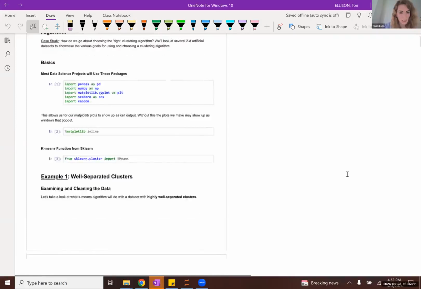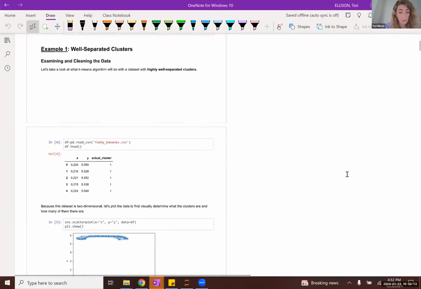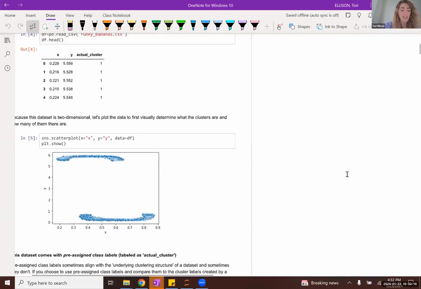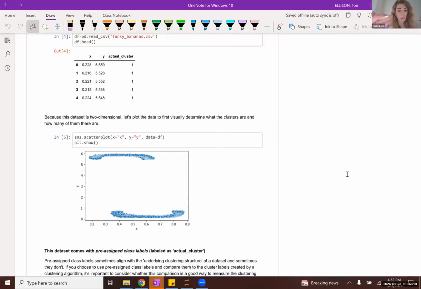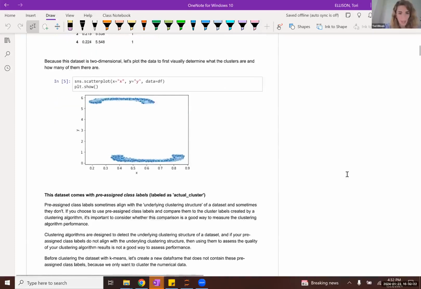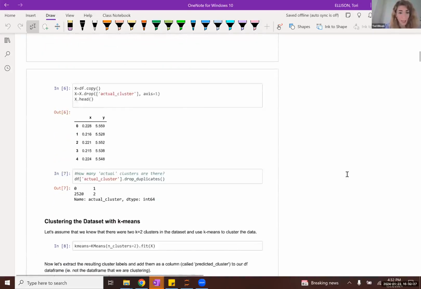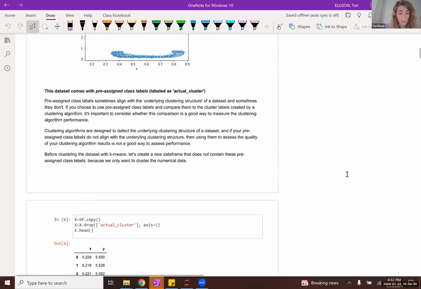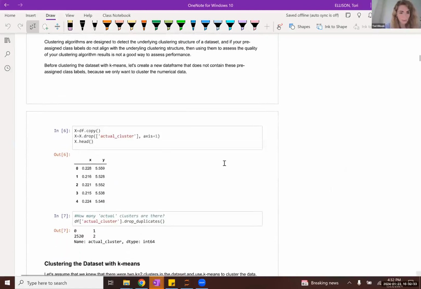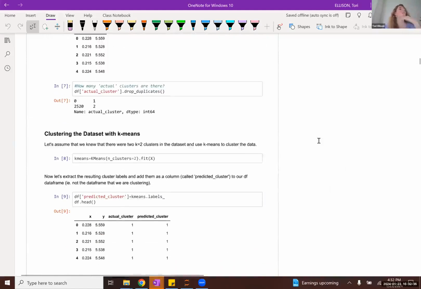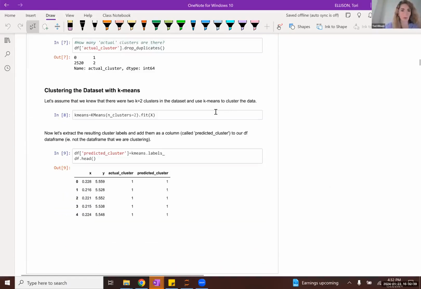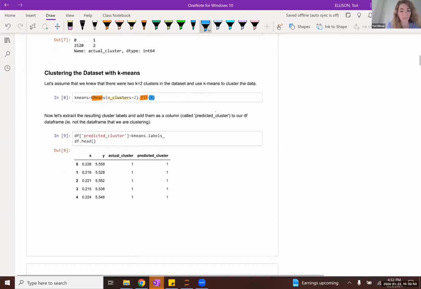All right, so we're going to use k-means clustering again. And we're going to go through a series of two-dimensional scatter plots just for learning purposes and basically see what the k-means clustering algorithm will do when we cluster the data set. So this is what this data set looks like using the scatter plot function. And again, we're just going to cluster the x and the y attributes here. Now let's say we knew ahead of time that we were looking for two clusters. So we're going to use the k-means function and cluster it into two, fitting just this x data frame here.